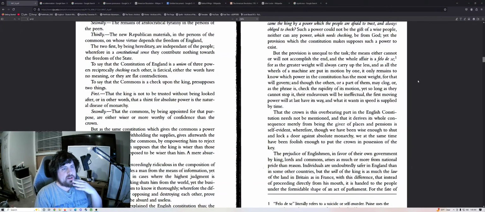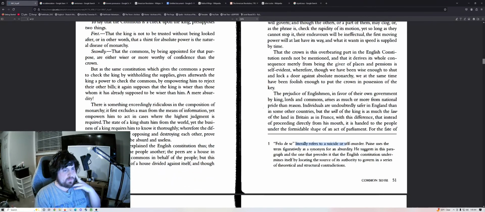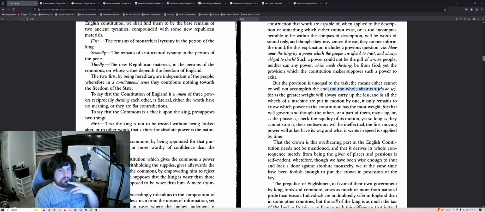But the provision is unequal to the task. The means either cannot or will not accomplish the end. The whole affair is a felo de se, something in a foreign language. Felo de se literally refers to suicide or self-murder. Paine uses this term figuratively as a synonym for absurdity. He's just, in this paragraph, done with the English Constitution. Okay, so, as kids would say, self-deletes. Provisions are unequal to the task. The means either cannot or will not accomplish the ends. The whole affair is